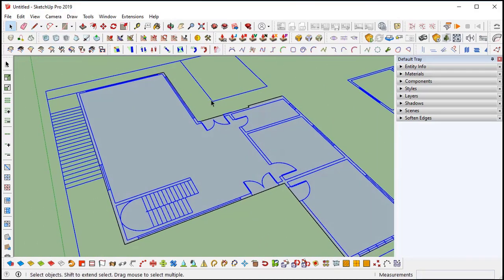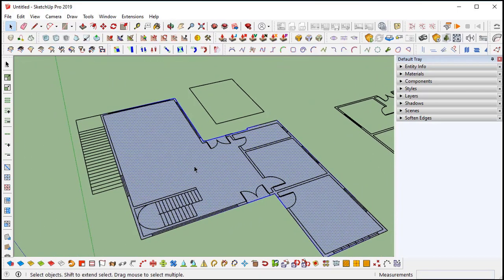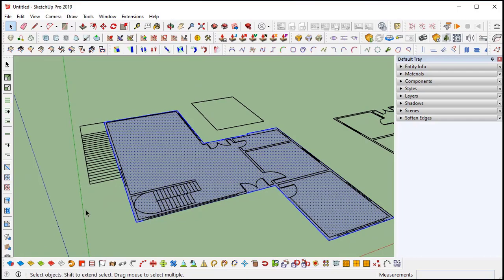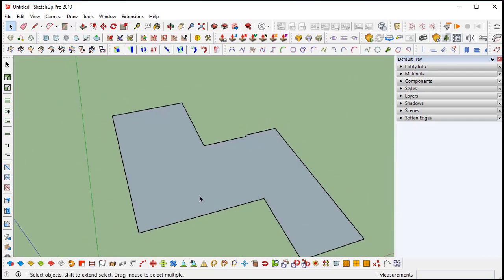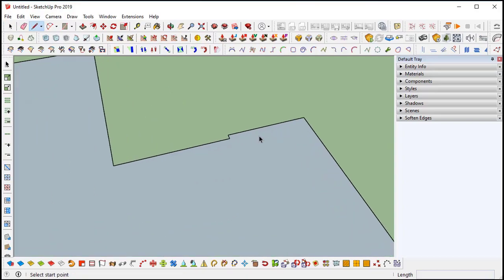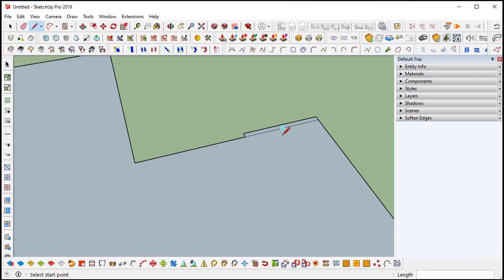After tracing the outside profile, you will get the whole outside plan area, and I am going to hide this plan. Shortcut will be H.